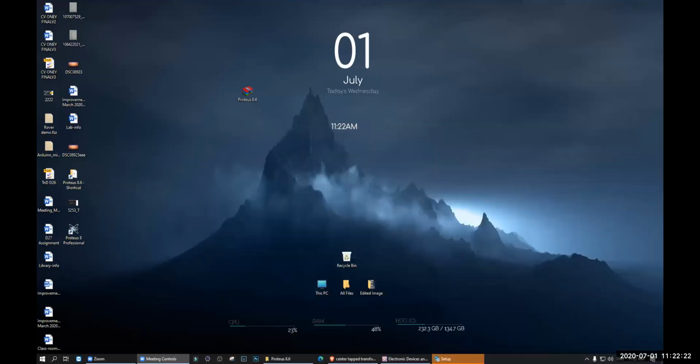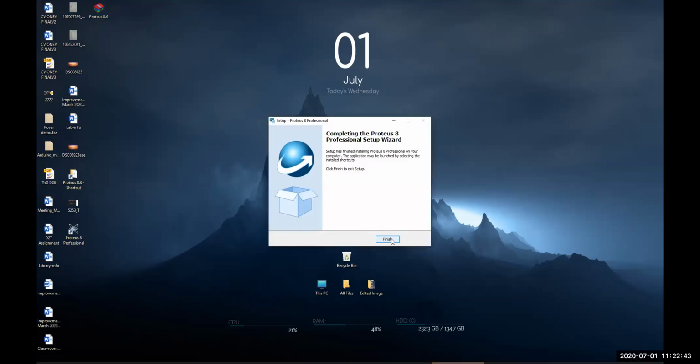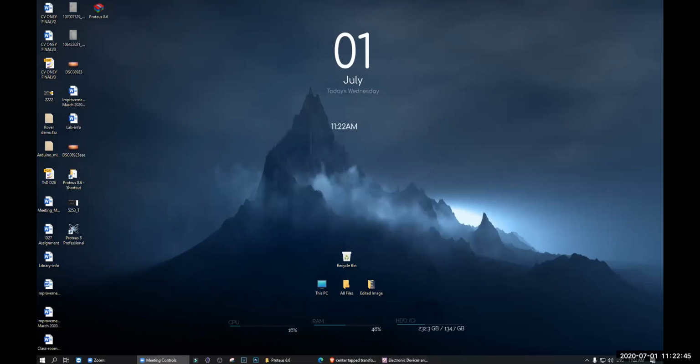Before the math, I want you to see the software. Can you see the screen? My desktop? Yes, sir. So this is Proteus 8 Professional. I will be giving you the software. And since you are from the CSC department, you are very good with software, right? I believe so. Everyone? Okay.